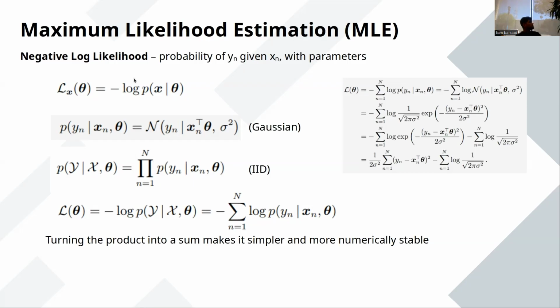The reason that we add this negative log, and this actually took me a second, is that because these are all being multiplied together, taking the log of it turns it into a negative sum of all the logs. And then we use that as the loss. What that does is it simplifies our calculation considerably, and it also makes the result a lot more numerically stable. A lot of these probabilities might be very, very small, and multiplying them all together is numerically unstable and might lead to weird answers. So turning that into a sum